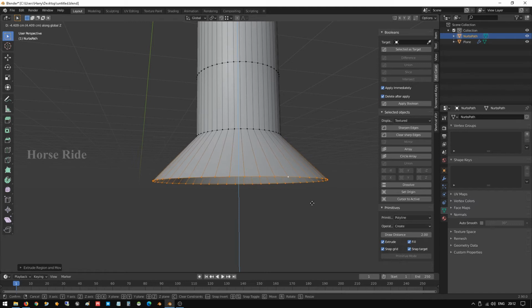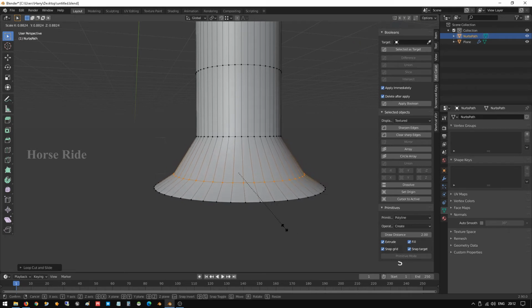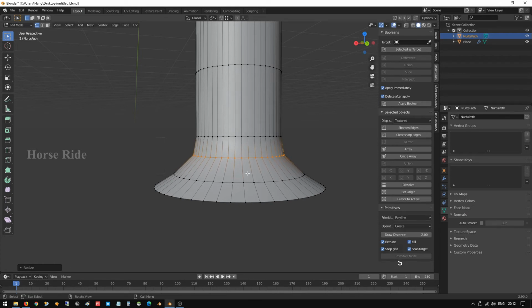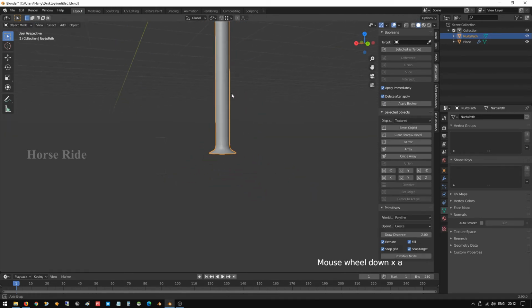Okay, and after that press Ctrl R and create edge loops here, and scale it a little down, and press Ctrl R and add one more edge loop here. Okay, press Ctrl R and scale it down to make it smooth here.